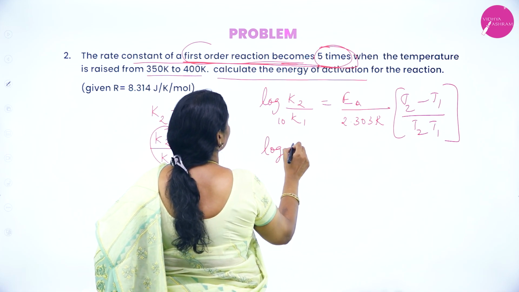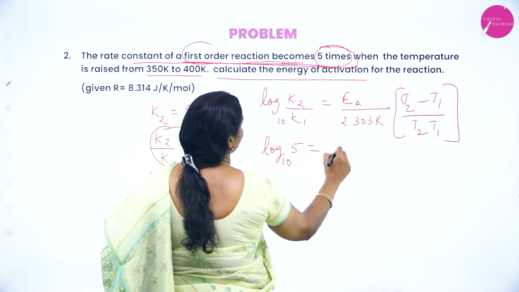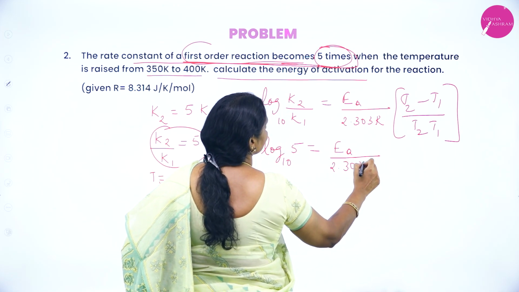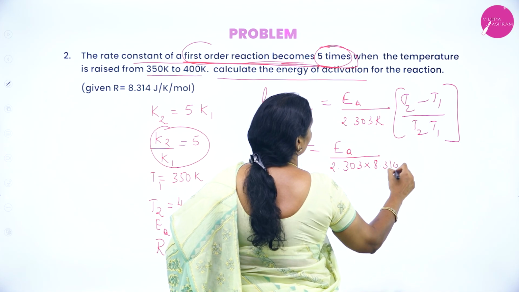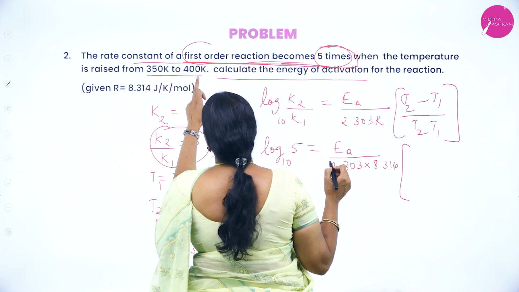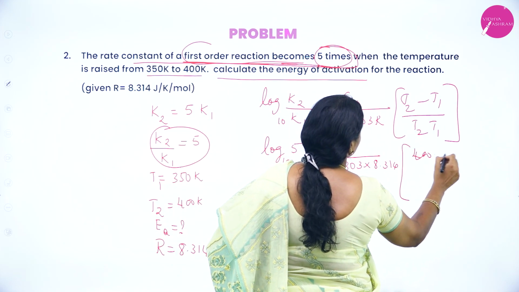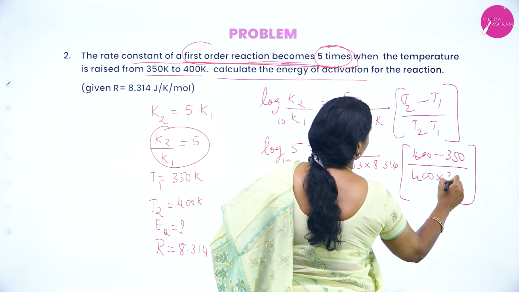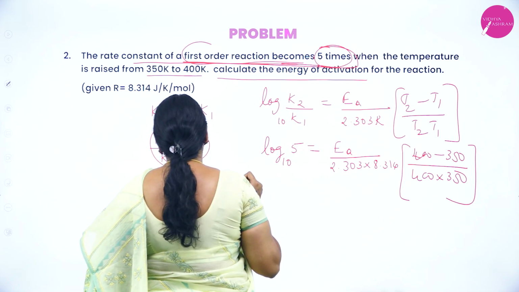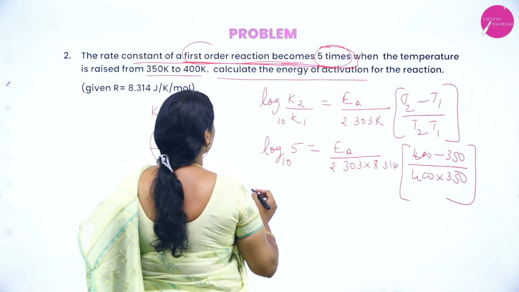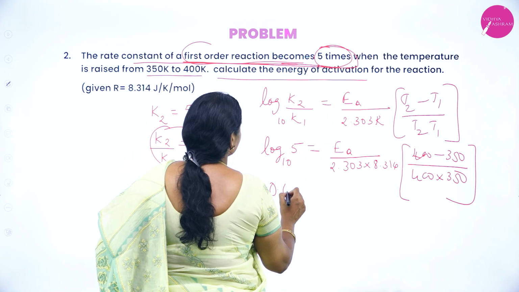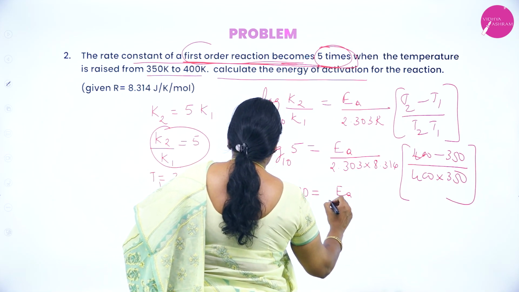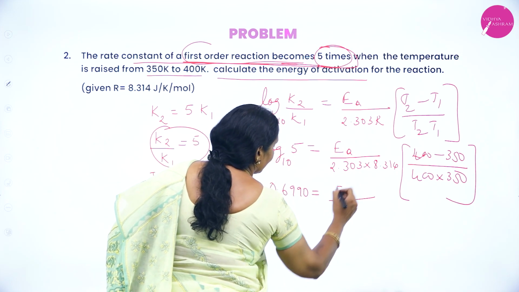Log K2 by K1, that is log 5 to the base 10, is equal to EA by 2.303 into R, 8.314, into T2 minus T1, 400 minus 350, divided by 400 into 350. Okay. Log 5 is 0.6990, equal to EA by